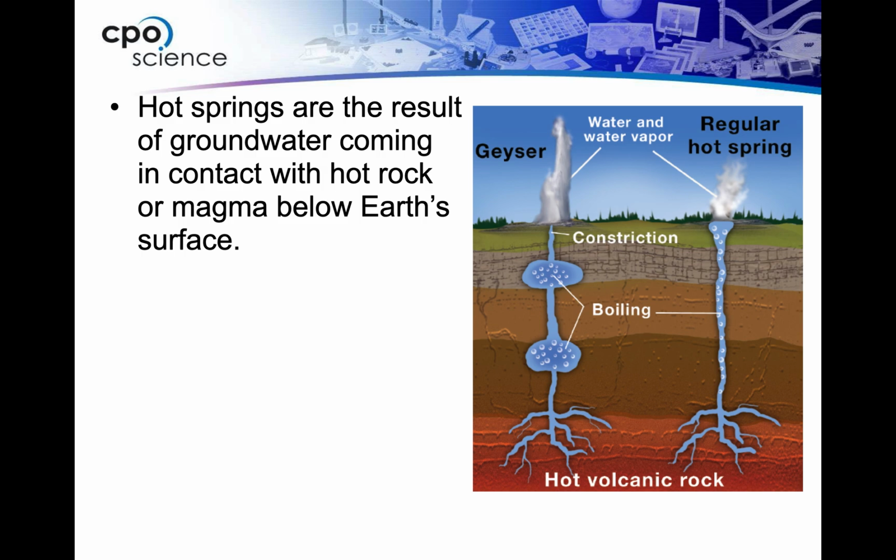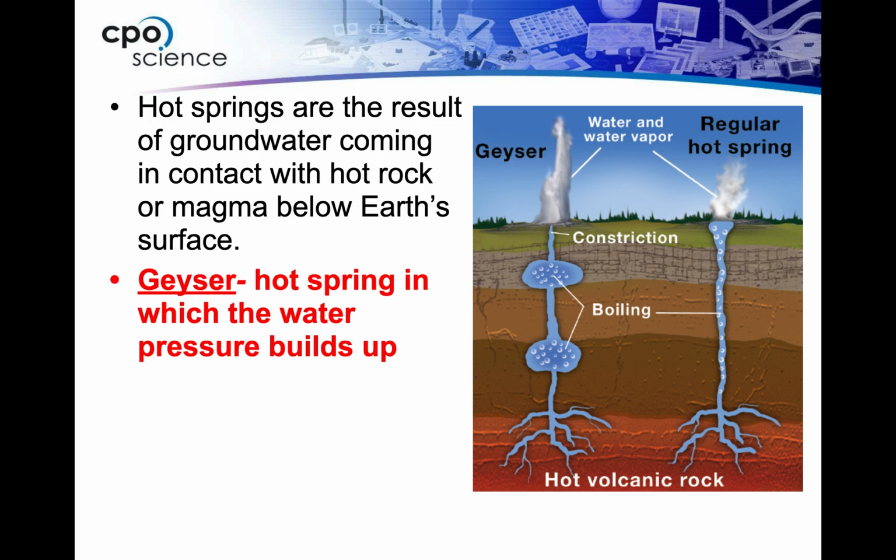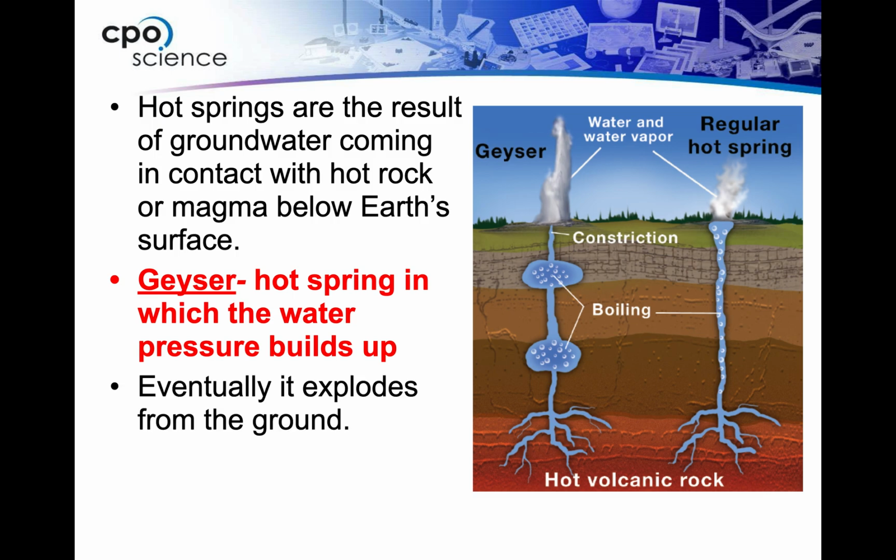If you see the way it is on the left-hand side there, when it gets constricted or pushed into a smaller area, that is where we get geysers. Obviously, Old Faithful, the most famous one, is going to erupt at certain times. So geysers are hot springs in which the water pressure builds up and essentially shoots out of the ground from the buildup of all of that pressure. Really quite hot water. I mean, it's very dangerous. If you've ever been to Yellowstone, that hot water can actually kill you. You have to be very careful to not be in that area. The water is literally that hot.